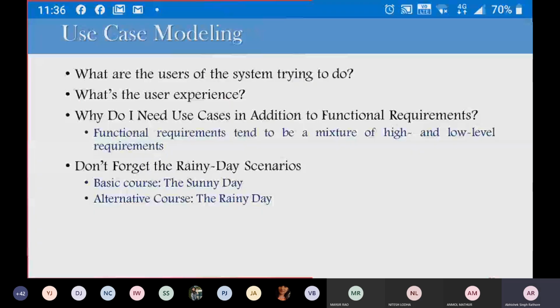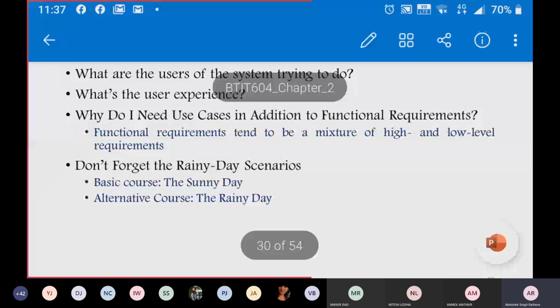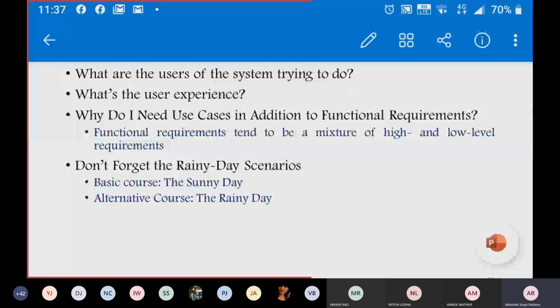Okay, fine. When you are writing your use cases, we have to focus on what the main functional requirements are, captured by the user actions, and we have to associate the system responses with all those use cases. But in the basic course, we include the sunny day usage of a system, where 90% of system behavior is captured in the sunny day or main courses. But in the case of alternative courses, the 90% of functionality is good, but what about the remaining 10%?